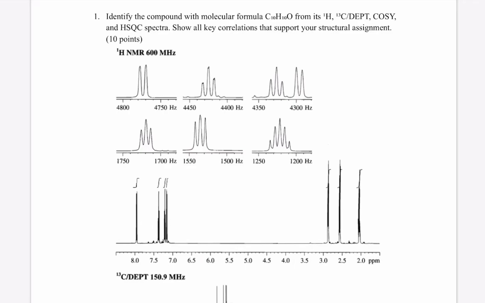Identify the compound with molecular formula C10H10O from its NMR, C13, DEPT, COSY, and HSQC spectra. Show all key correlations that support your structural assignment. So here in this problem, we have been given the most valuable information to begin with, which is the molecular